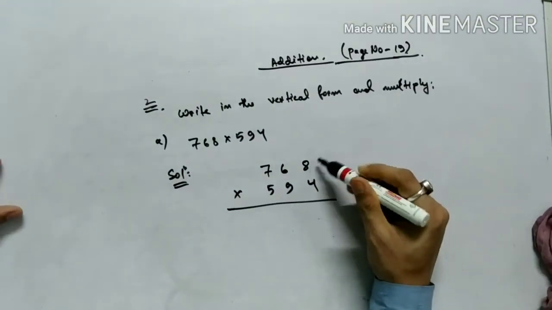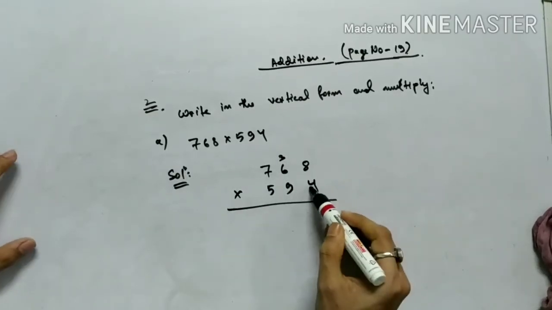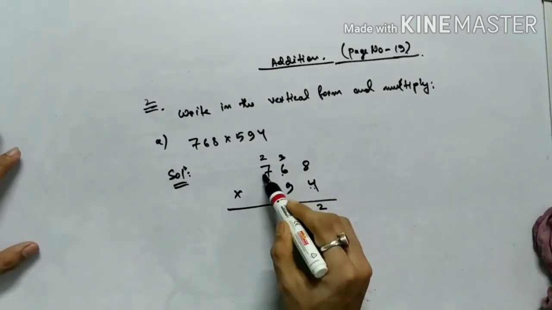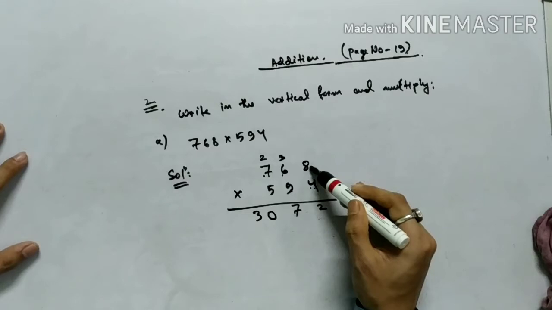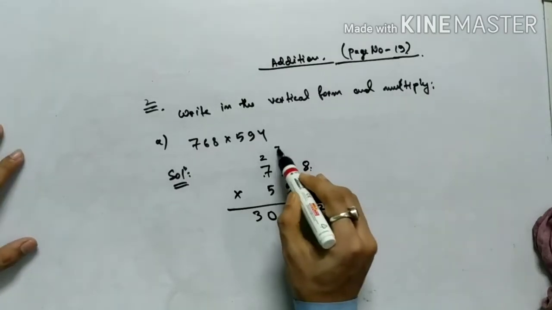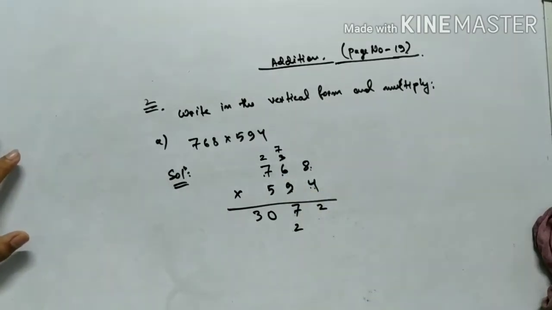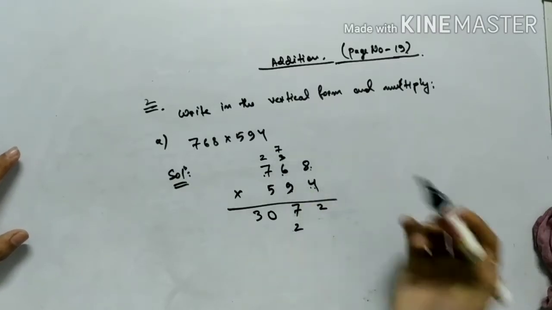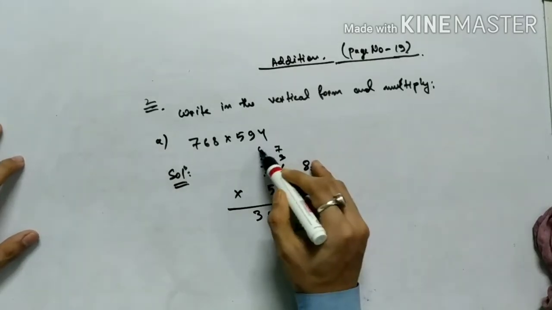So this is 4 8 32. 2 I will write here, 3 I will carry. Next 4 6 24. 24 plus 3 27. 4 7 28. 28 plus 2 30. Next 9 8 72. 9 6 54. 54 plus 7. Wait a minute. 9 8 is 72. Okay. 54 plus 7, how much it will become? 55, 56, 57, 58, 59, 60, 61. So this is 61.